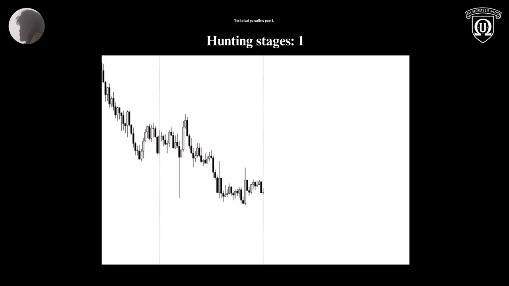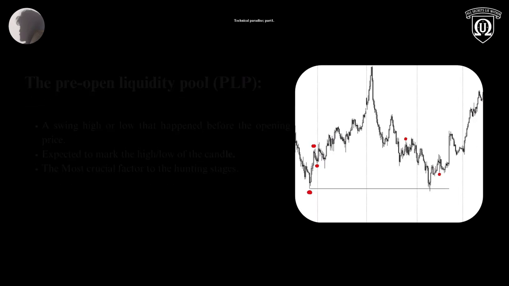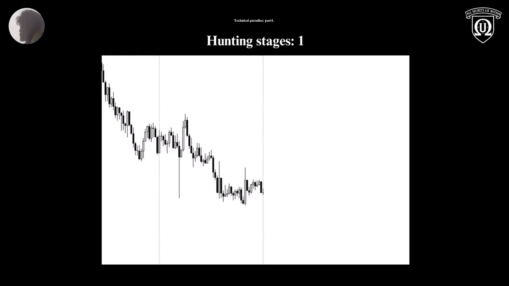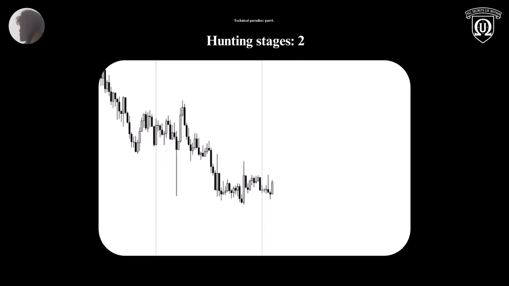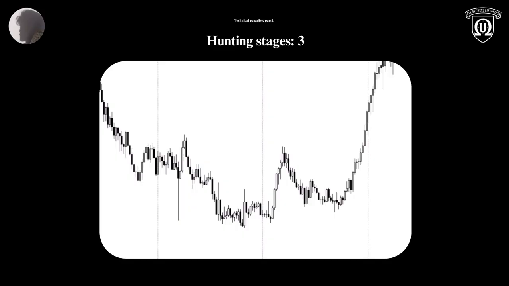And this can be any time frame. This can be a weekly candle, a daily candle, a 4-hour candle, right? Stage 1 is mark the landscape, mark a potential pre-open liquidity pool, which you're going to mark at the bottom. And then you wait for a reaction at your marked key level, and then you watch price rally into outer space, right?